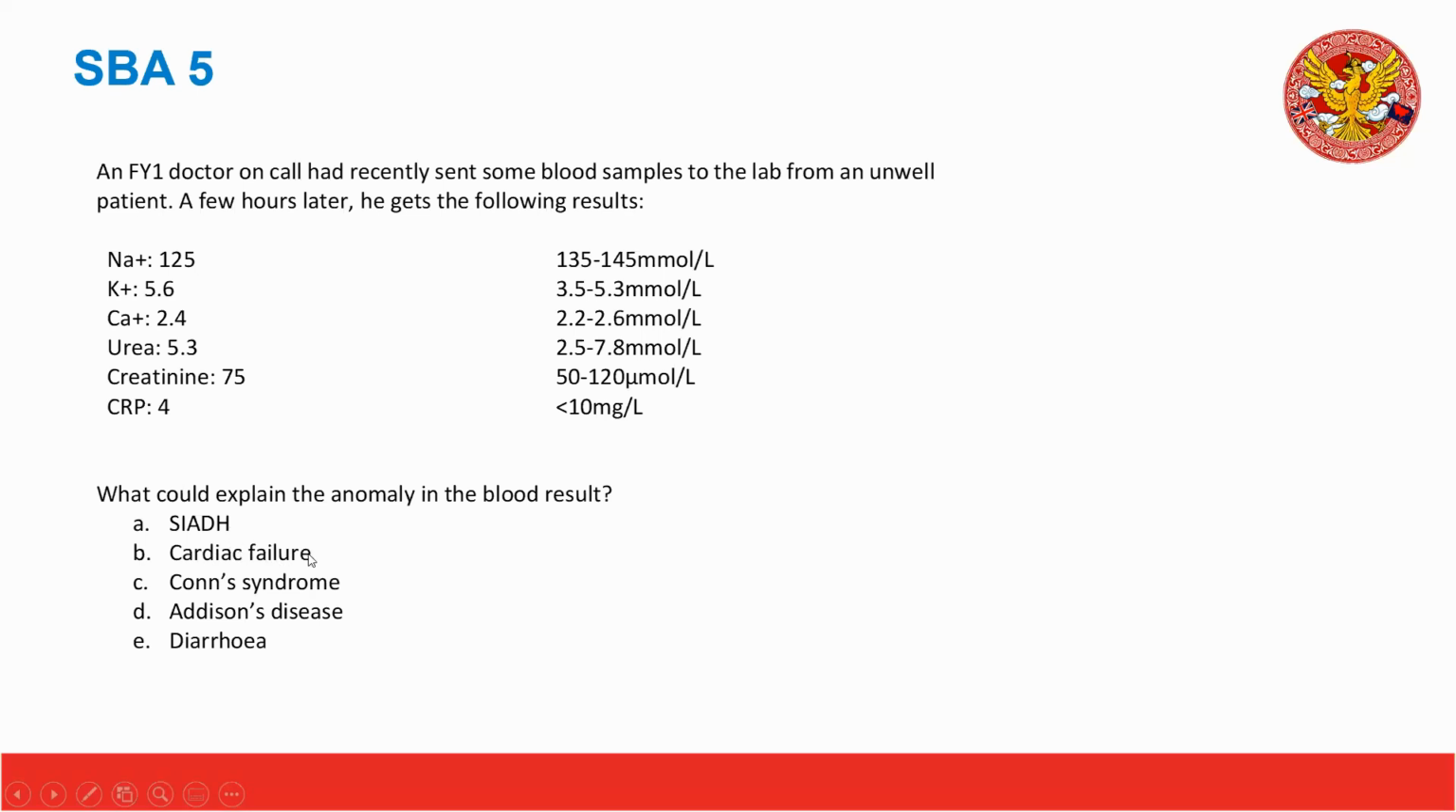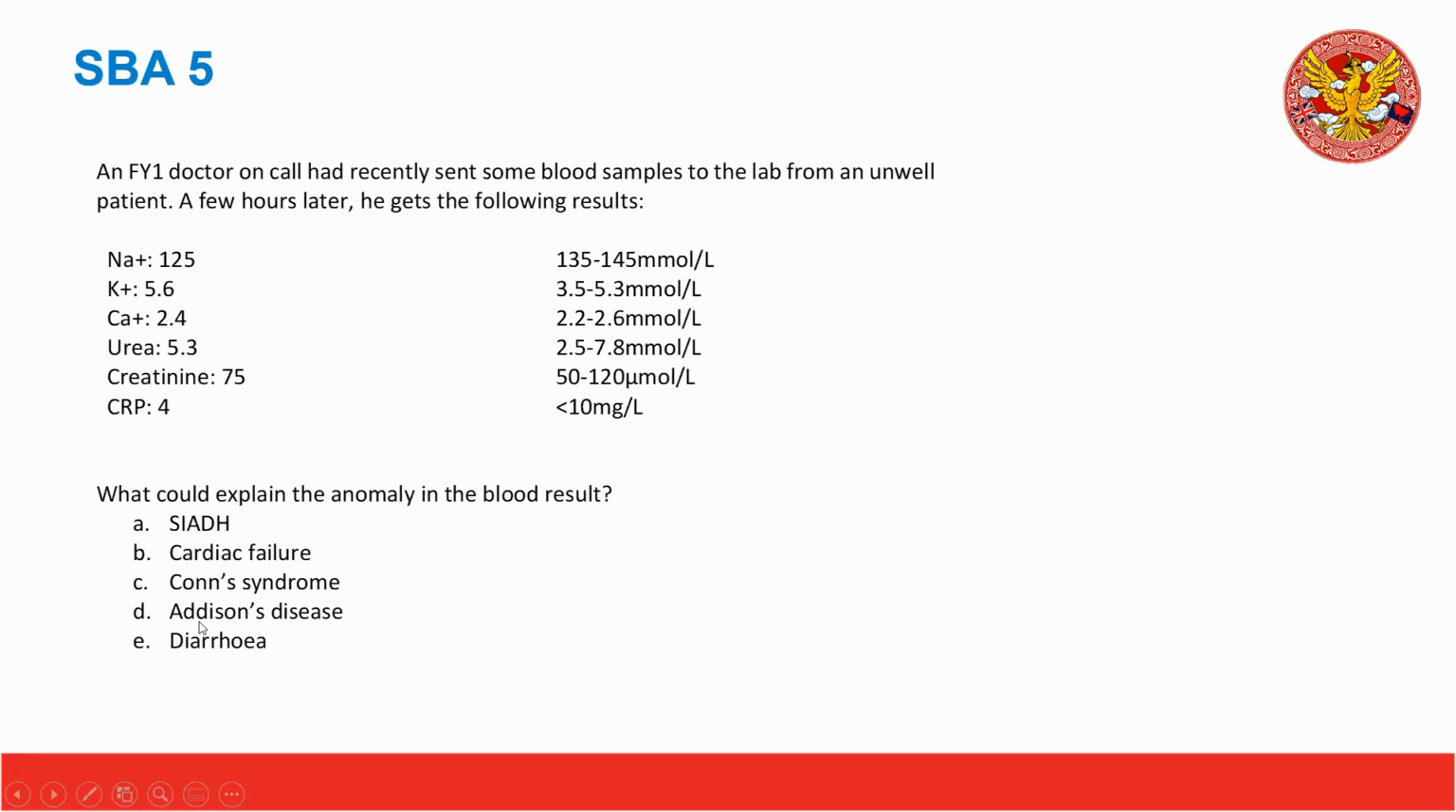Cardiac failure presents with hyponatremia. Conn syndrome, too much aldosterone, so that presents with a hypernatremia, so we know it's not C. Addison's disease can present with a hyponatremia, and diarrhea can present with hyponatremia. In terms of the clinical history there, the thing that differentiates between all these things is the potassium. Potassium is high. Potassium wouldn't be high in your syndrome of inappropriate ADH. It wouldn't be high in your cardiac failure. It wouldn't be high in your